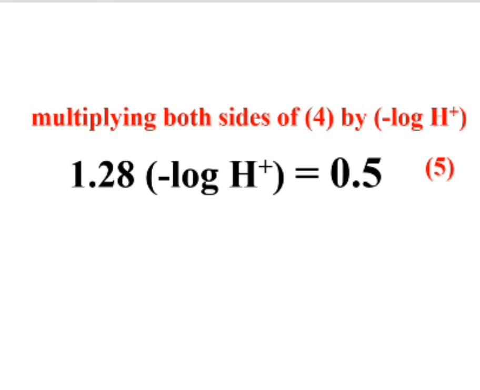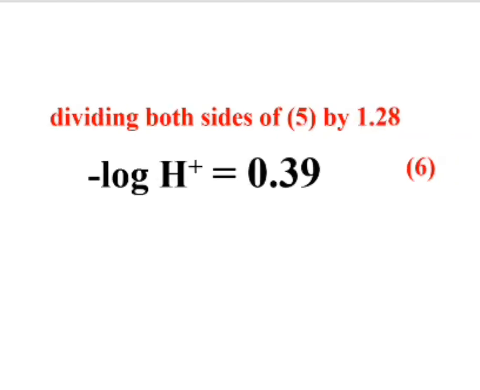Remember that 0.5 is being divided by minus log hydrogen ion concentration, and so multiplying both sides by minus log of hydrogen ion concentration in order to cancel the one dividing 0.5, we have 1.28 multiplied by minus log of hydrogen ion concentration to be equal to 0.5. And so, dividing both sides of equation 5 by 1.28, we have minus log of hydrogen ion concentration to be